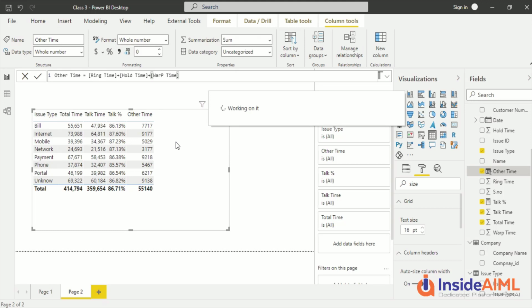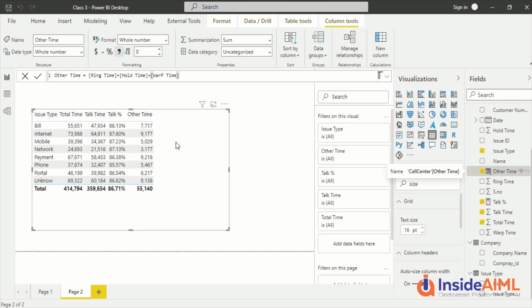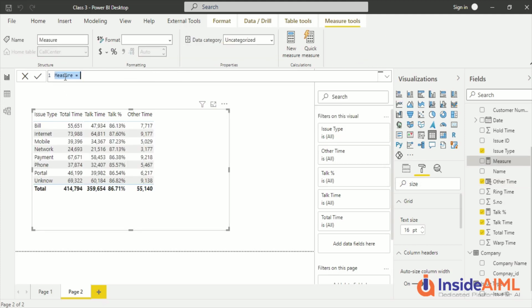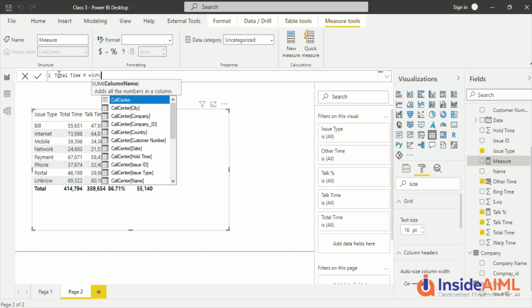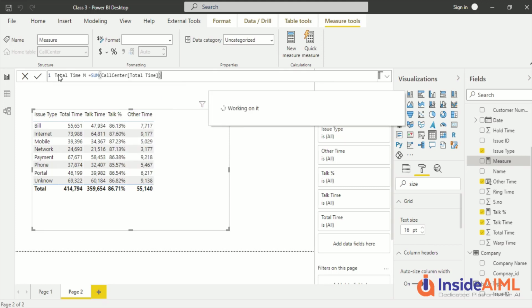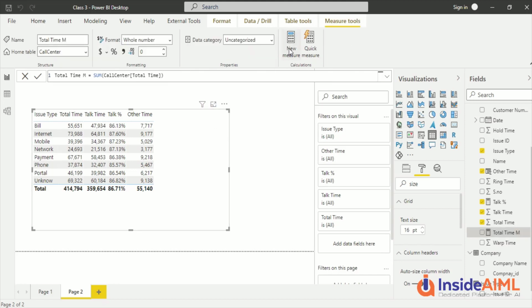Ideally we should create measures as far as possible. So instead of using total time, I should go ahead and create a measure. So what I should be doing is creating a measure, let's say total time, and this is the recommended way, sum of total time. Then I can use it at multiple places, like I have summed it. Otherwise every time I have to write sum of this, sum of that, and that's not the extendable way.